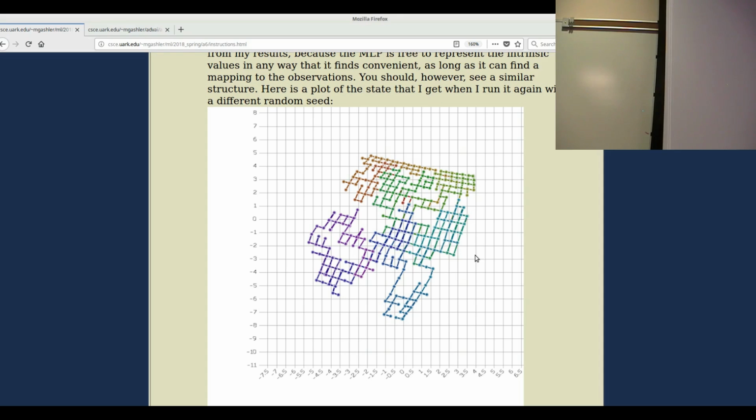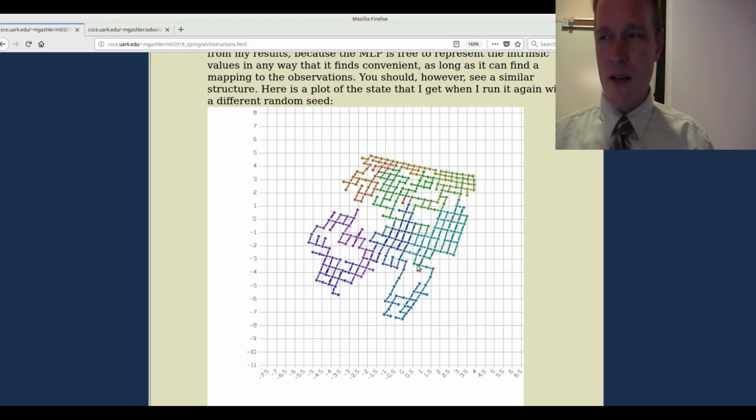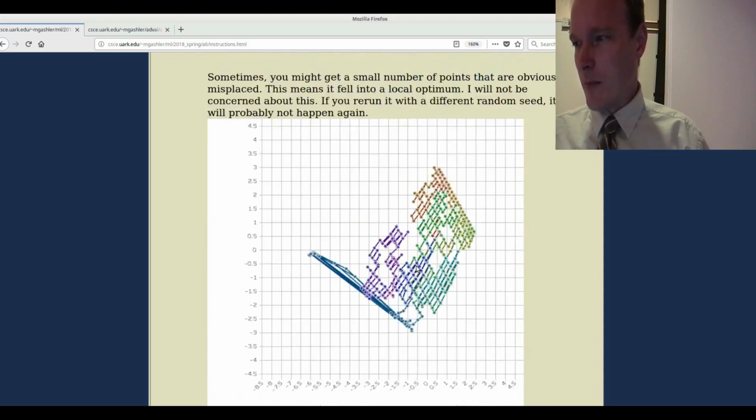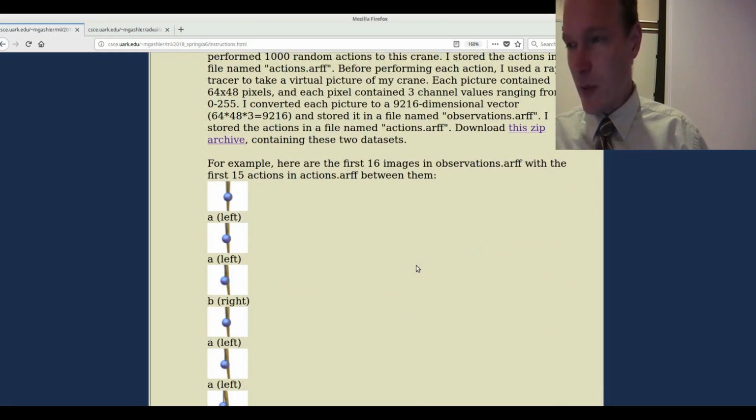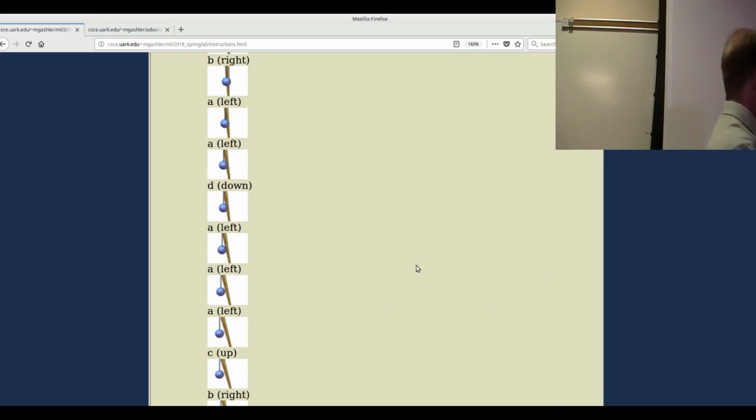If these axes represent whatever the machine wants them to mean, and it happens to like nonlinear metrics, which we as humans hate, we like everything to be linearly related. But as long as those numbers changing by a certain amount has meaning to the machine, I claim these numbers are actually right. And strangely, they are right enough that I was able to drive this crane around in my simulation thousands of time steps into the future, and it was still able to produce images that were visually in the right place compared to the crane, which is actually a lot better than